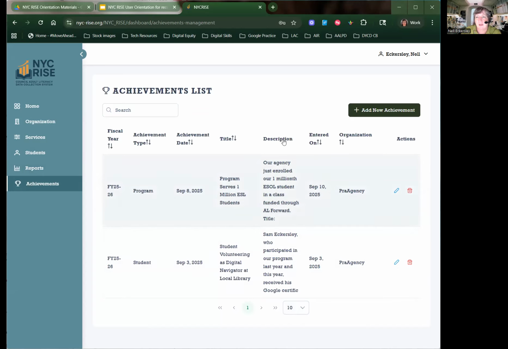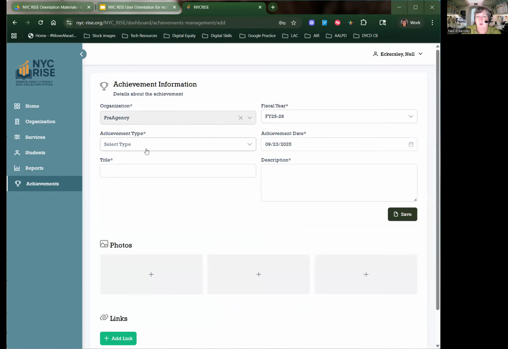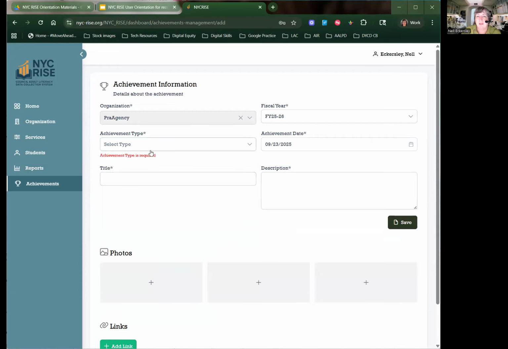Achievements, we're still kind of working on this, but you'll see that you can add an achievement. So you can decide if it's a student achievement or a program achievement. Depending on which of those, you'll get slightly different buckets to fill in. There's a title for it, a description, which is your long, whatever your description of the outcome or the achievement is. If this is for a student, be aware that while it currently is behind a user account to log in to see this, City Council is interested in being able to share information with the world. And one thing that we think they might be interested in sharing are these achievements. So if you have students who